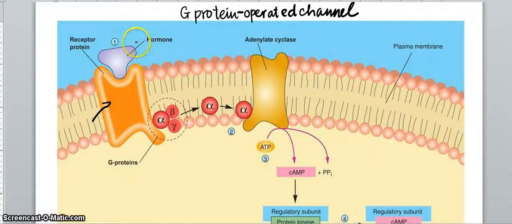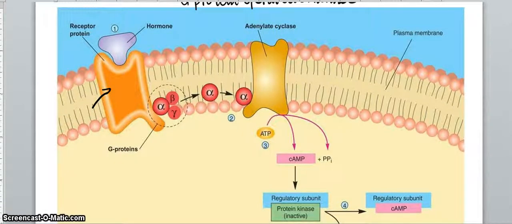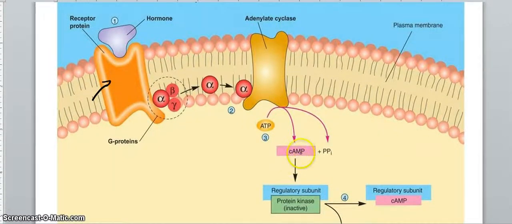When the outside hormone, the outside chemical in that case, lands onto the receptor, it will activate this G protein operated channel, and when this receptor is activated, the G protein complex will be activated also, and one of the subunits will fly apart to another protein on the membrane called adenylate cyclase. Adenylate cyclase is an enzyme that makes cyclic AMP, and in this pathway we call cyclic AMP a second